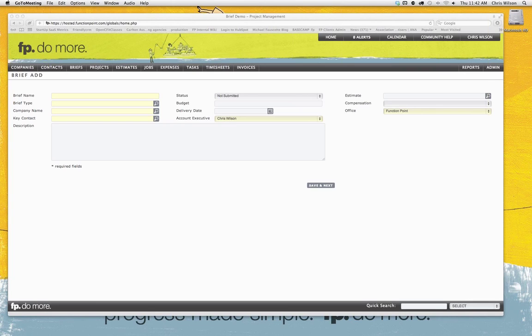If you print out a brief now before your updates, can you customize with company logo, etc.? I think the brief printouts right now are a little more limited, although the logo will show on the top, I believe. Forgive me, I was just incorrect with regards to the key contact item, but the company logo, I believe, does show on the brief printout. It's not in the same format, though, as some of the client-facing documents under estimates and invoices, for instance.